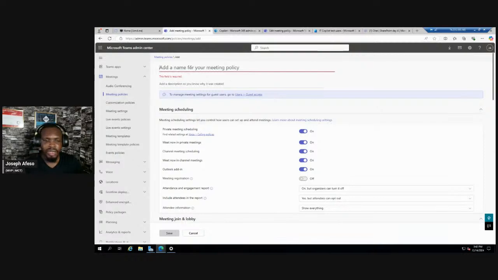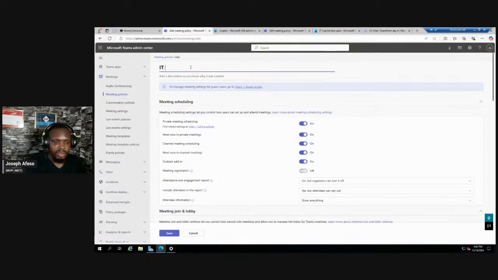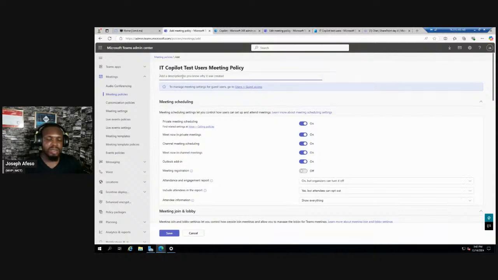So we can call it meeting policies just to be explicit policy. So what we do is we do this, and then we can add a description. So we can just quickly say this is to test out